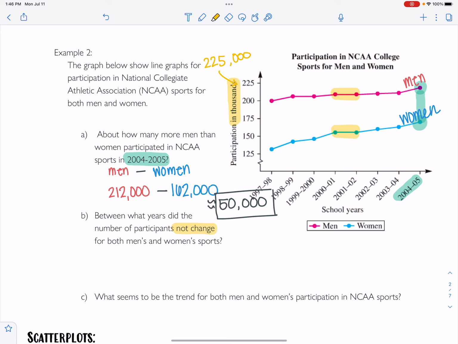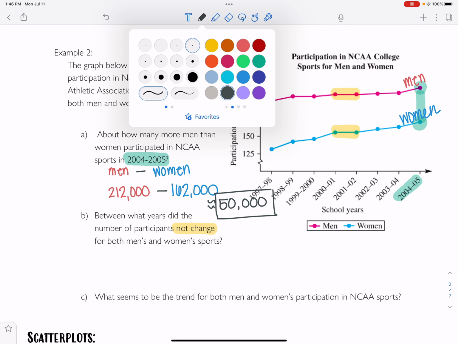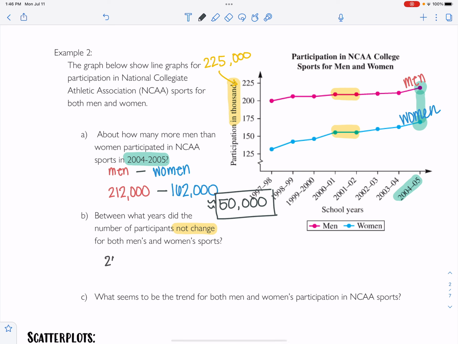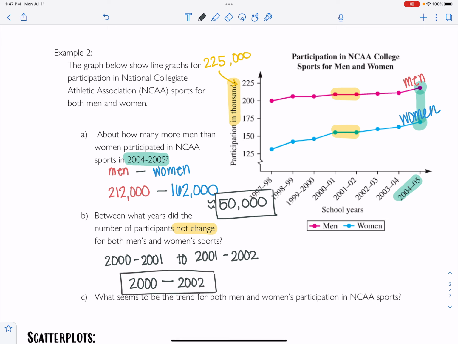Means you're looking for a flat line. Well, my years are going to be 2000 to 2001 to 2001 to 2002. And so we could say between the years 2000 to 2002, the participation did not change